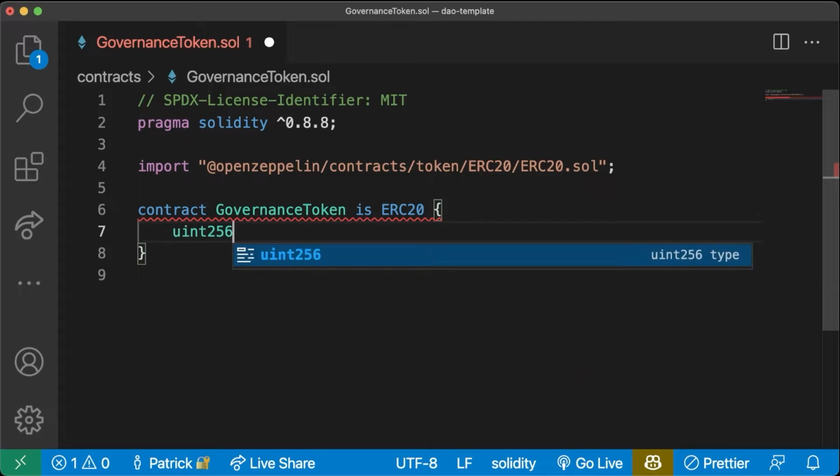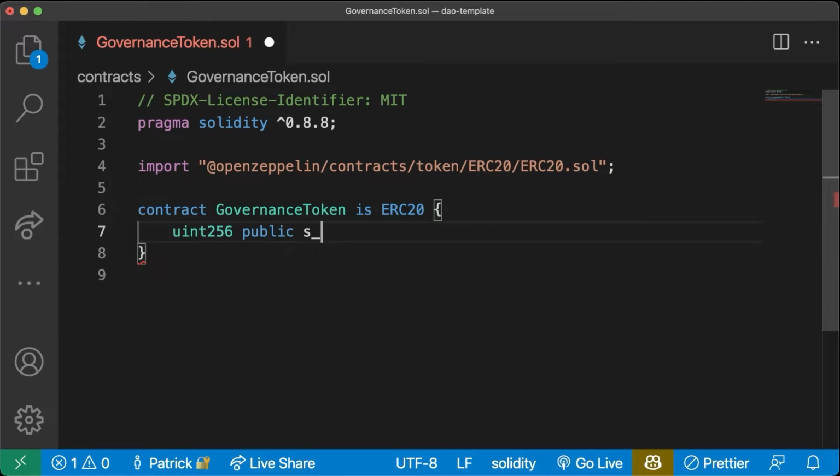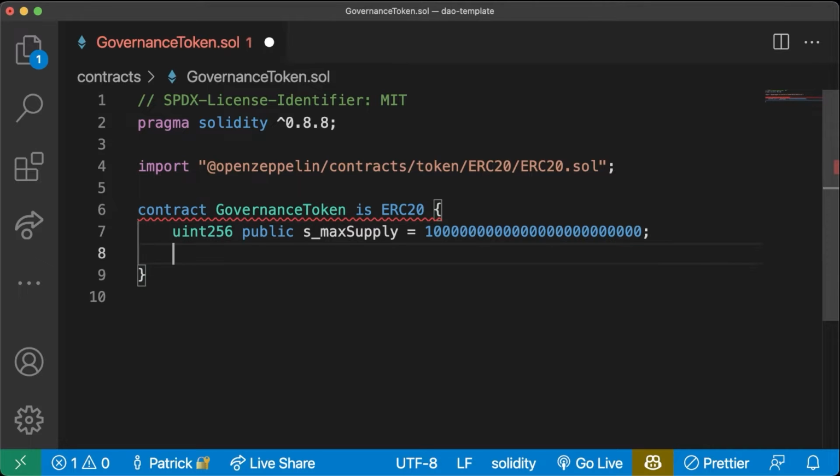Now we're going to do a uint256 public storage max supply. This isn't the best practice, but it's fine. We'll give this a max supply of this much, which is going to be 1, 2, 3, 4, 5, 6, 7, 8, 9, 10, 1, 2, 3, 4, 5, 6, 7, 8. So it's going to be 1 million. We're going to do 1 million of these tokens. And then we're going to create the constructor